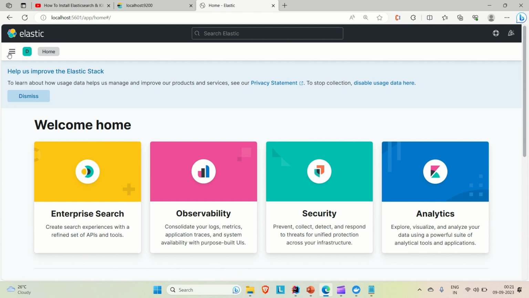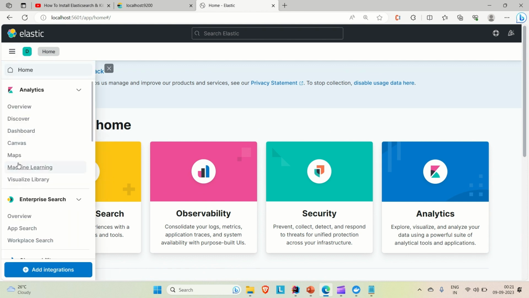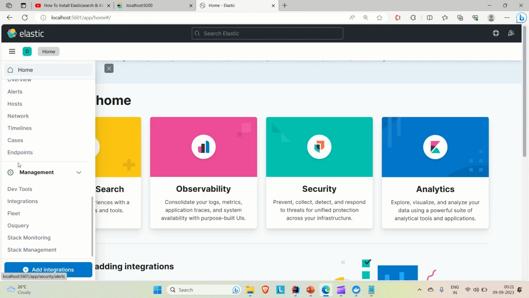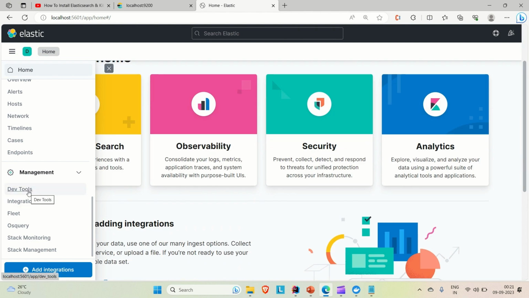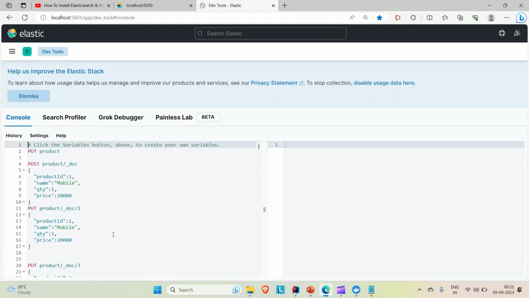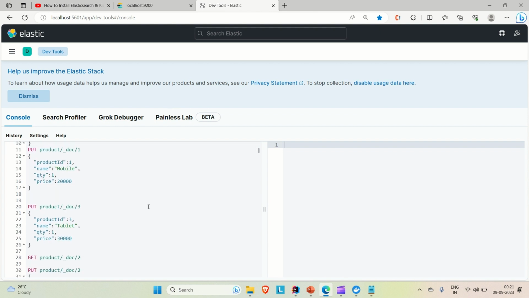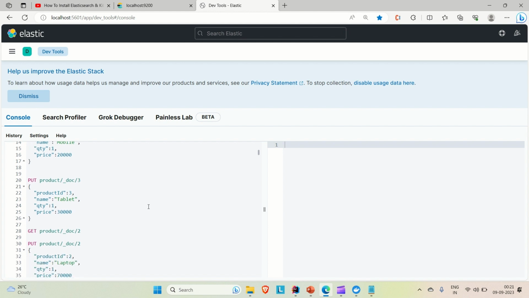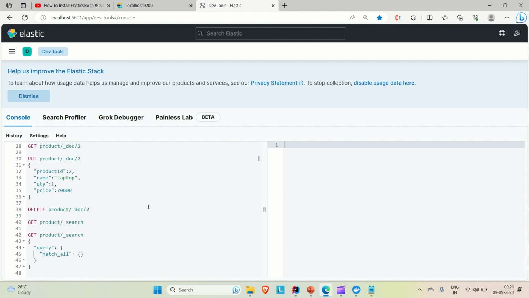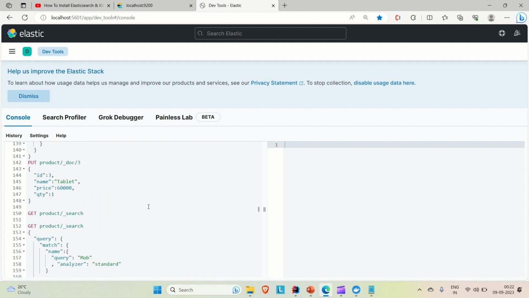Now if you come to this tab, click on it and go to the bottom, you will find Dev Tools. Open Dev Tools, and here you can run your Elasticsearch queries. So this is the Kibana dashboard that provides you the console to run Elasticsearch queries. So our Elasticsearch and our Kibana are both up and running. Now I can show you whatever query I want to run on Elasticsearch, and how those things are written. So if we go down,